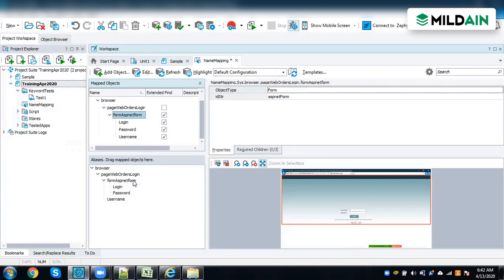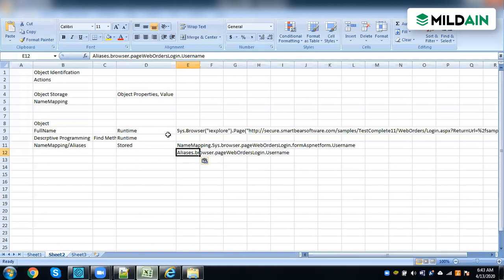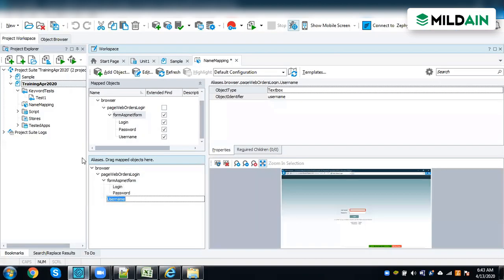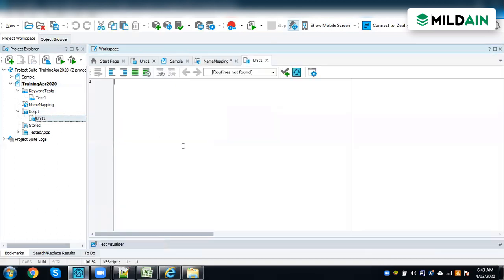Aliasing is a very simple term, right? You have a long name, but I can call you with a shorter name. That is the basics of aliases. That's it. Nothing much. Remaining all are going to be the same. So one is name mapping and the other one is aliases. Both are almost the same, but just to understand, these are the two things we are going to do.